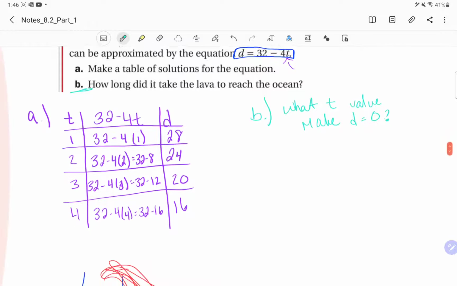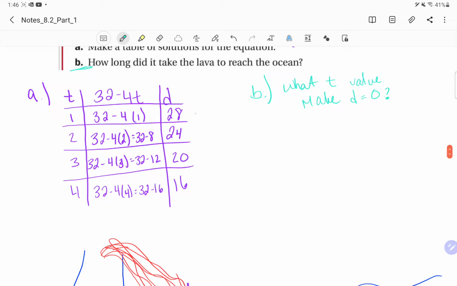So you have two options. You can continue this table. As you can see, every time we go up on the t, our distance is going down. But there's a shorter way to do this. Okay, so you don't have to continue your table until d hits 0. That is an option. Just keep going down the table until d hits 0. Or